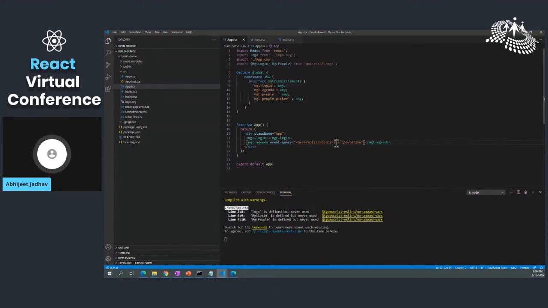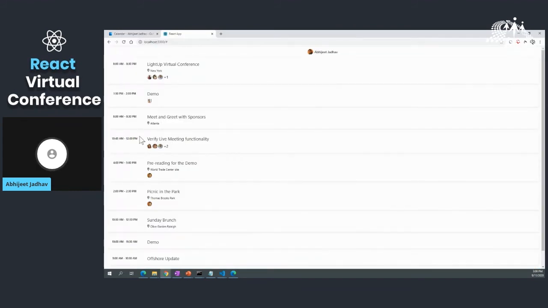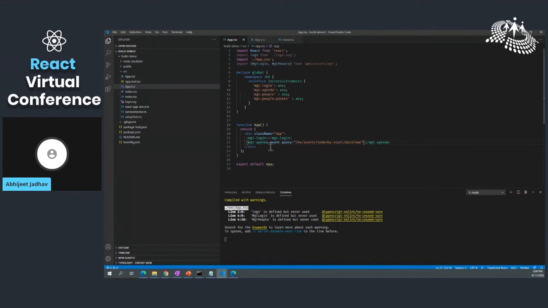So using date time start, you can order the events in the sequence of when they are starting. So you can query the content of the events in your application by just sending the attributes from the stack.